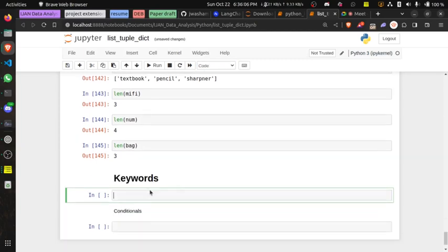So keywords. What is a keyword? A keyword is a set of words in Python that are already dedicated to a particular thing. They are dedicated to handling a particular task. For instance, when I tried to put not the other time, you can see that the not has a different color.